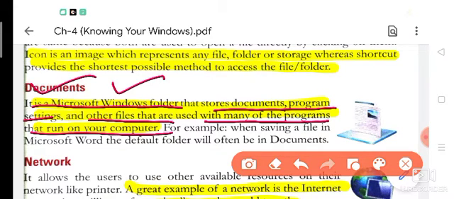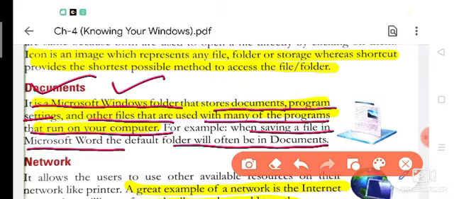For example, when saving a file in Microsoft Word, the default folder will often be Documents. Suppose I have opened MS Word and typed a test.